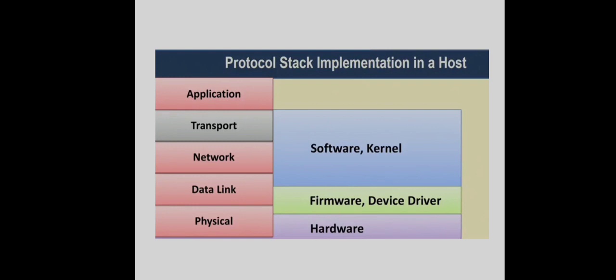Just for example, as we have seen, the data link layer is actually divided into two parts, right? The MAC sublayer, that is medium access control and all, will be the lower sublayer, and in the upper sublayer we have the logical link control. The MAC sublayer is usually implemented in hardware or firmware, or it may be part of the device driver. Whereas the logical link control functionalities, like error control and flow control, will be part of the kernel of the OS. And the network layer and transport layer are completely implemented in software.